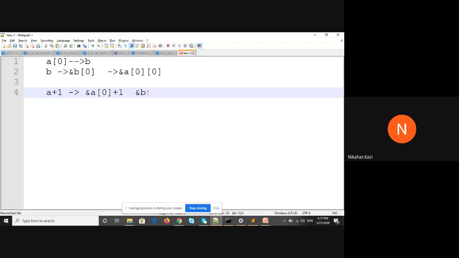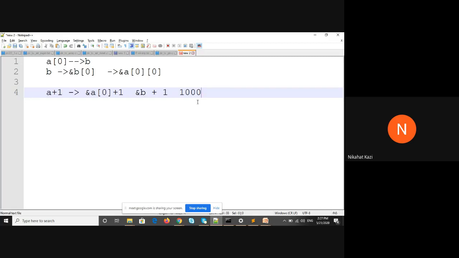Address of B plus 1. Now what is this B? B is an integer array, a 1D array of integers, right? What is the address of this? It's a block of addresses. So what is the address of this block? The address of the first element. The address of this block is the address of the first element of the block. And that is 1000. So address of A of 0, or address of B, is nothing but 1000.